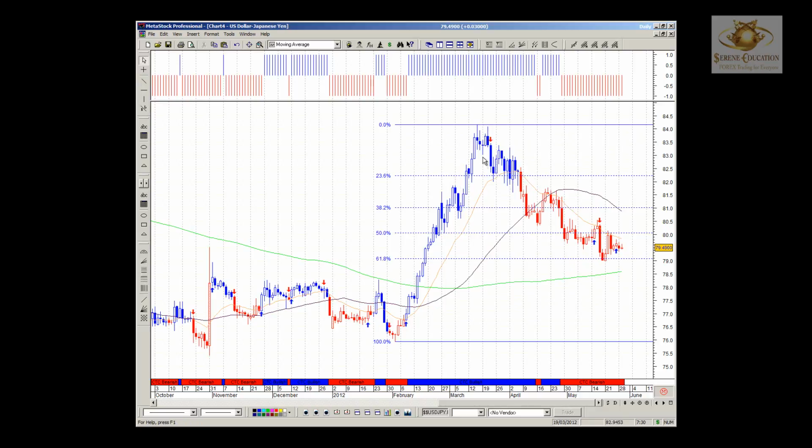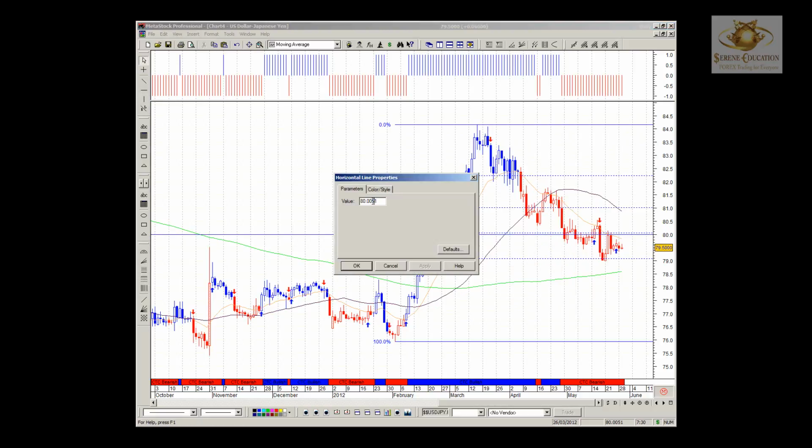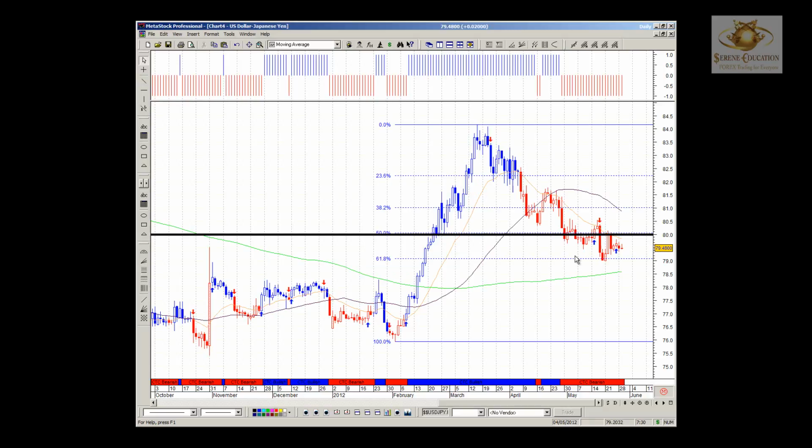Since then, we've seen retracement levels on the fib being targeted, 23.6, 38.2, 50, which happens to be a very strong support and resistance level here at the 80, and price actually played around with this 80 mark for quite some time. Loads of hesitation in and around this price support and resistance level, and since then we're spending more time below this level, which confirmed that we should be looking for negative sentiment to be ultimately ruling this